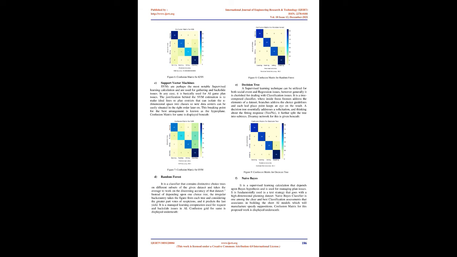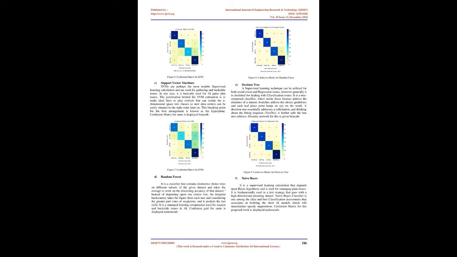B. K-nearest neighbors. It is one of the simplest machine learning algorithms based on the supervised learning methodology. Its algorithm can be used for regression as well as for classification, though generally it is used for classification problems. Despite this simplicity, we got extremely serious outcomes that are one justification behind utilizing this algorithm in our work. We utilized various values for K and got the highest accuracy at K equals 5. In order to find the nearest neighbor, it uses Euclidean distance between points. Figure 6 shows the confusion matrix for KNN.